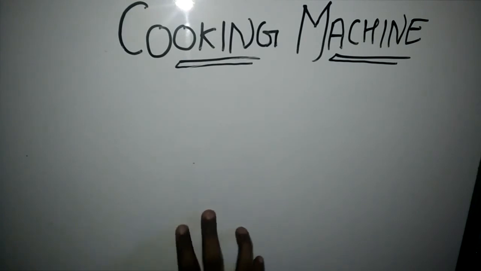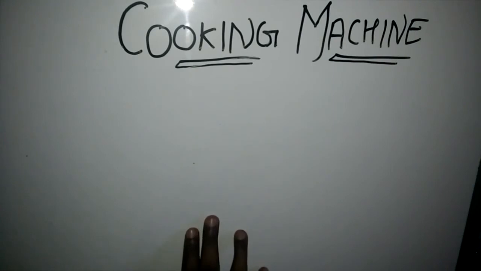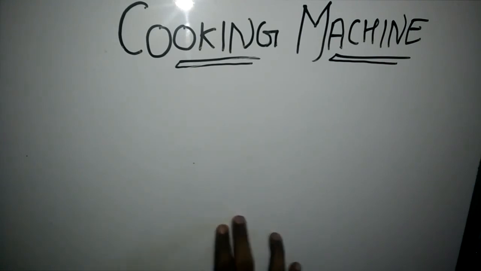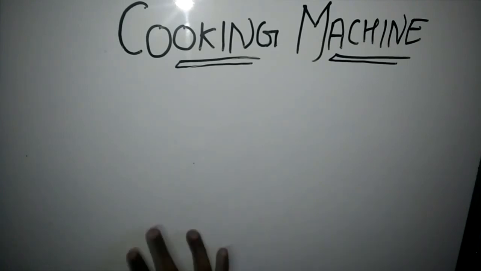So if the actual setting is greater than the desired setting, then we divide till we get it equal to the desired setting, and if the actual setting is less than the desired setting, then we multiply it by 2 till we get it equal to the desired setting. So this was the problem for today.